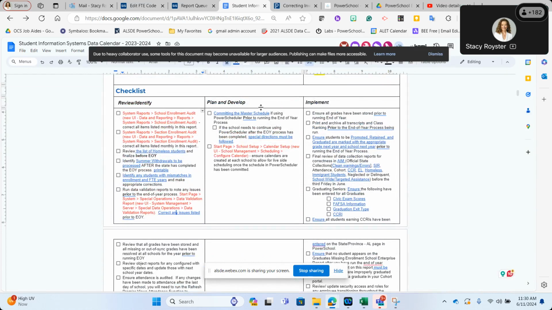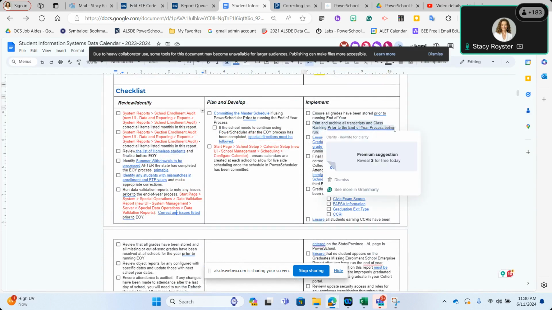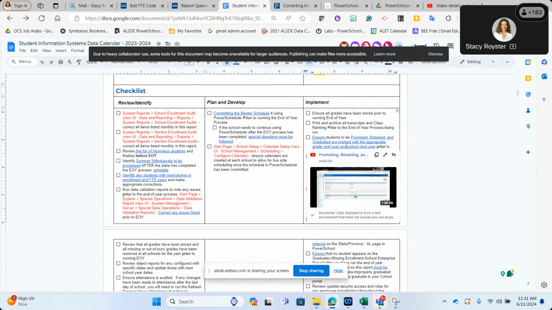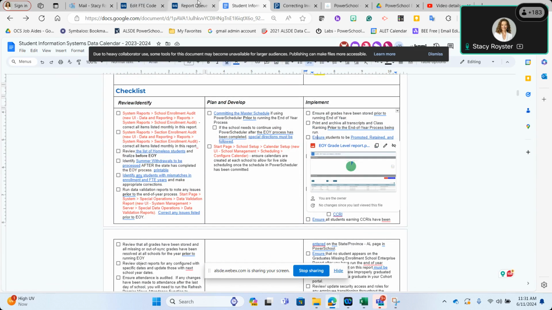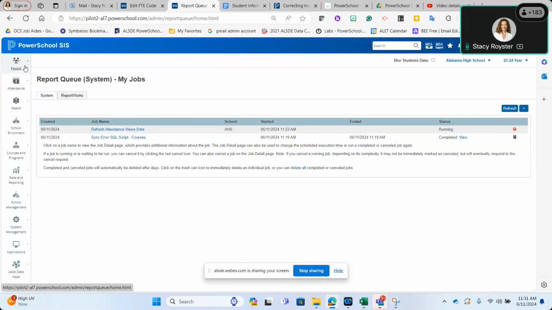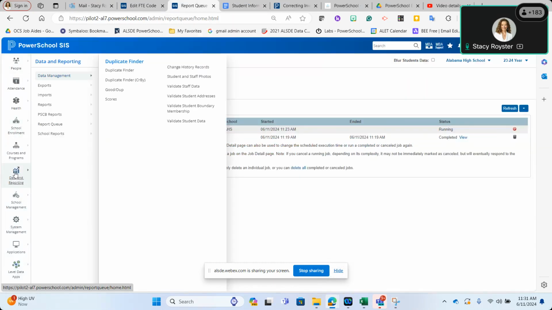These are really items that you want to take care of after end of year. Making sure, again, grades are stored, making sure you have a class rank list saved somewhere, that you've got transcripts saved somewhere. Highly recommend, and y'all, I put this in my newsletter a couple of weeks ago, have your principals, because the counselors, somebody is going to make sure that your kids are all marked correctly to promote, retain, withdraw. If I go back over here to my enterprise reports,